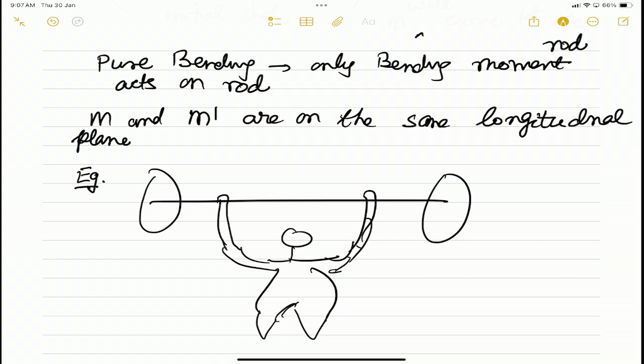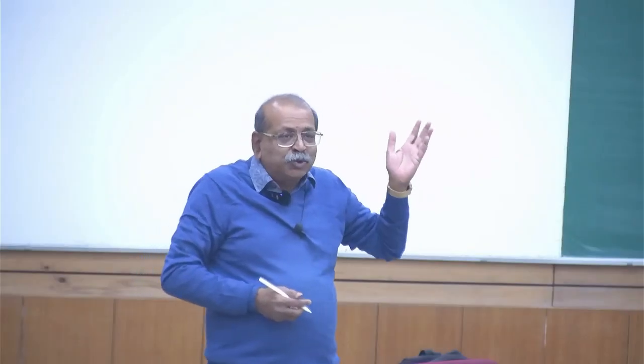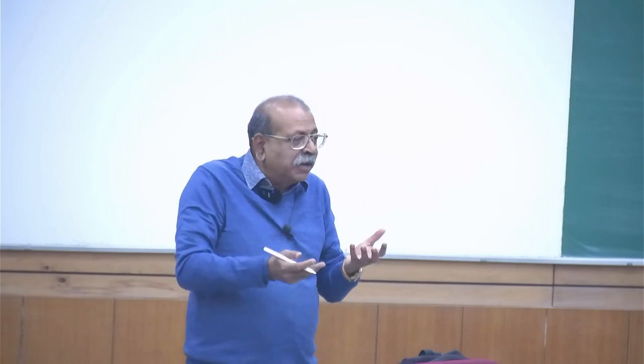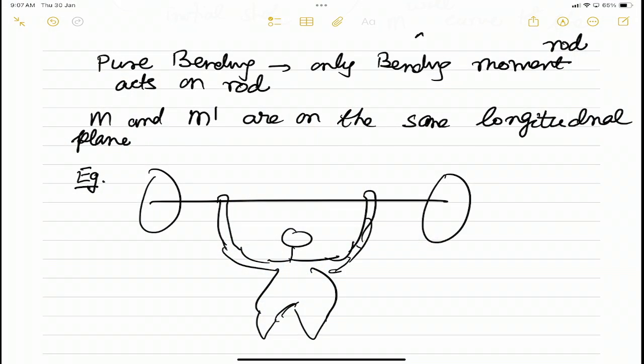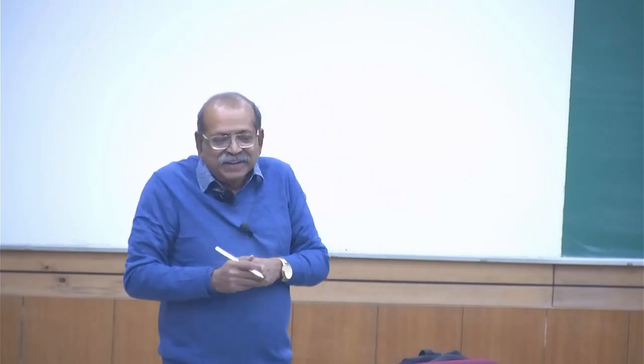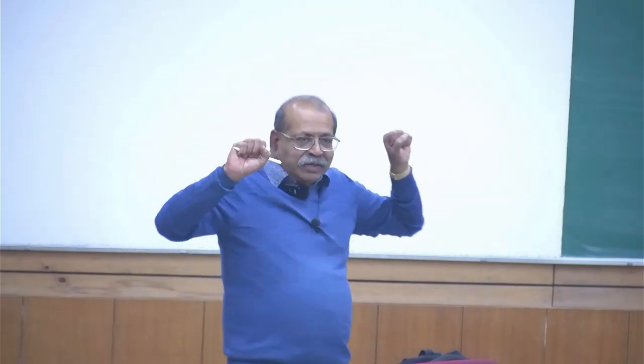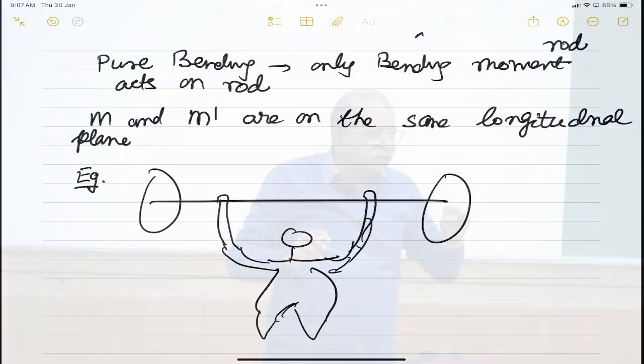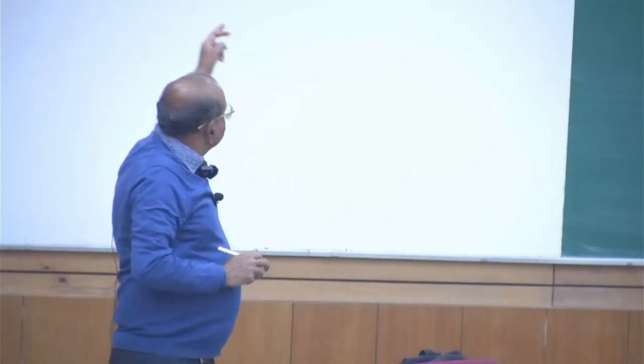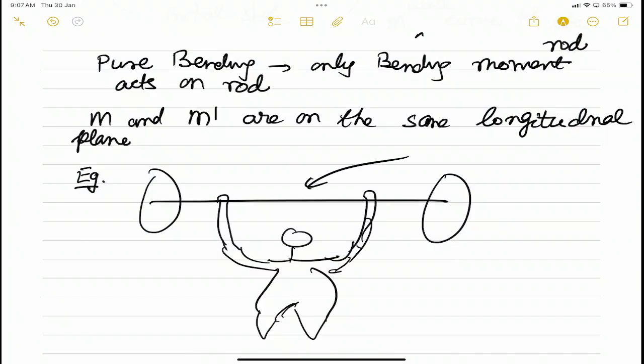What did I draw a cartoon of? Very bad figure. This is one of the sports where we win medals sometimes in the Olympics. In the others we don't, we get them in only a few. So when somebody is lifting a weight, okay. So now if we look at this rod,